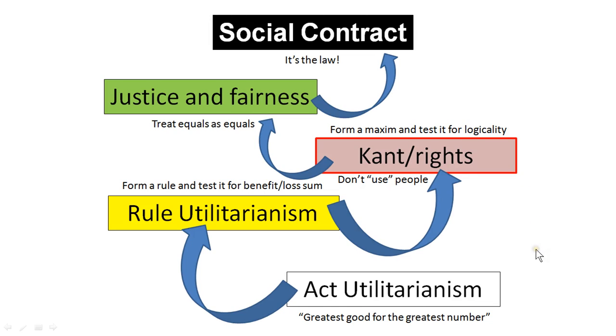And in connection with these, you have to judge them in the ways that they indicate they should be judged. That is, act utilitarianism, pretty much the greatest good for the greatest number. A little tough to figure out who's benefiting and who's being harmed. Even tougher to find out how to measure that and then compare it.